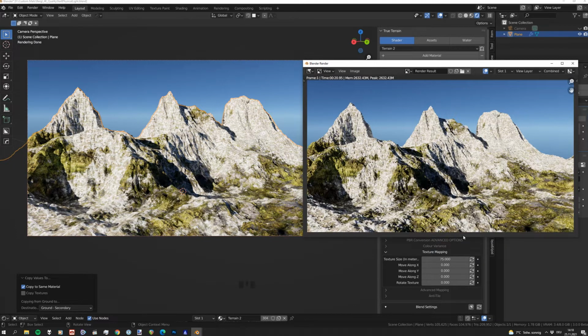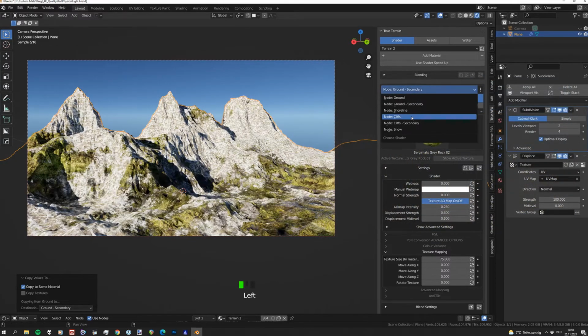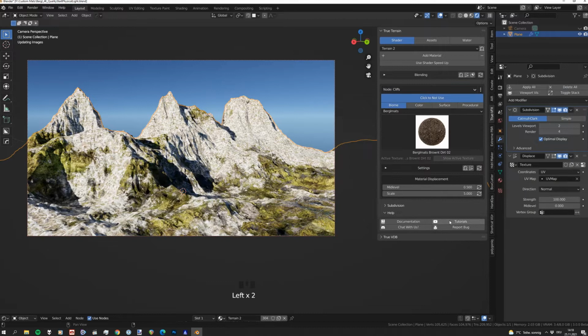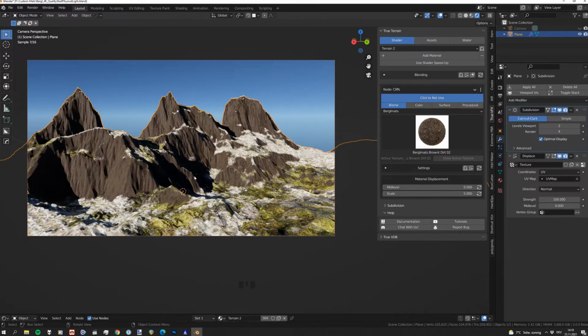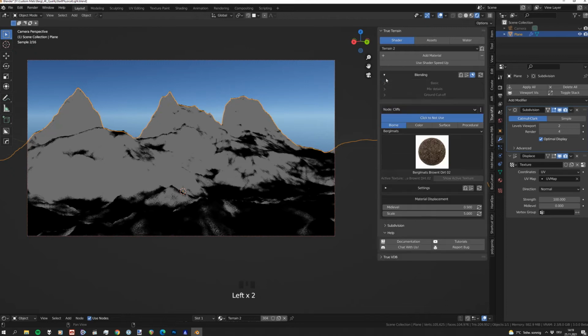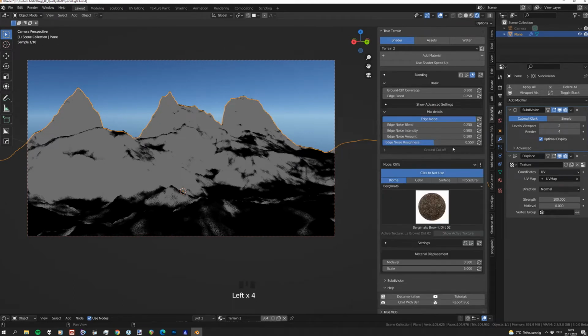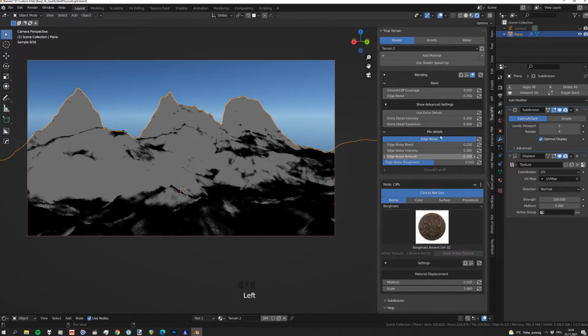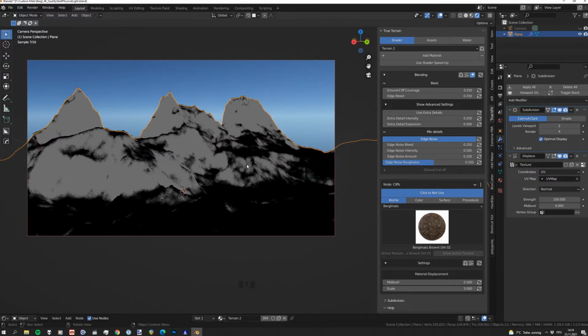But let's decide if we're going to keep that texture after we have applied our cliff texture. So put our cliffs in here. They work well, however I don't want them to be that massive on these rocks and mountains. So what we're going to do is go into our blending setting, basic, mixed detail. We don't need the ground cut off. Open up the show advanced settings as well. So usually I go with 0.25. That makes this a little bit more